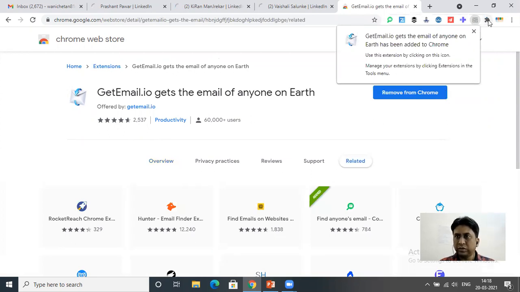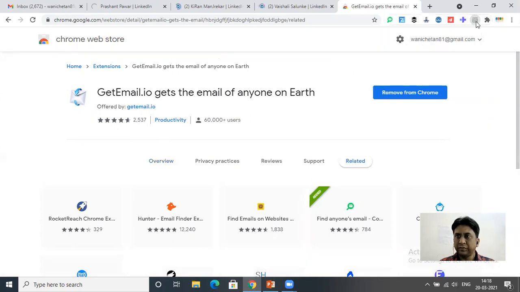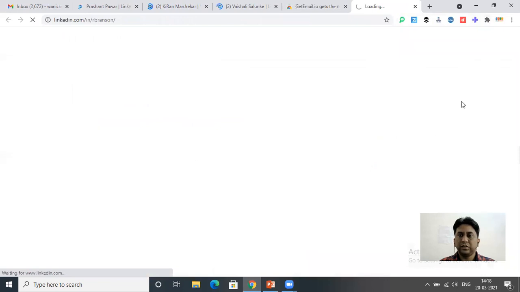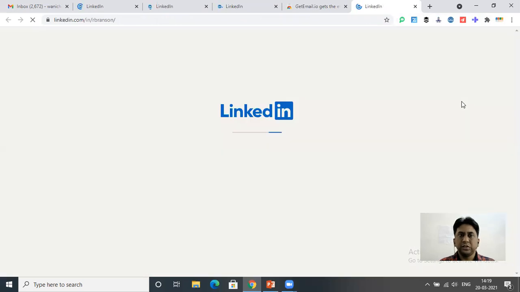You have to see the symbol also. Click here. Okay. So now it is searching. I think that Chrome extension has been downloaded. Now it's searching email ID for those profiles which we have already opened.